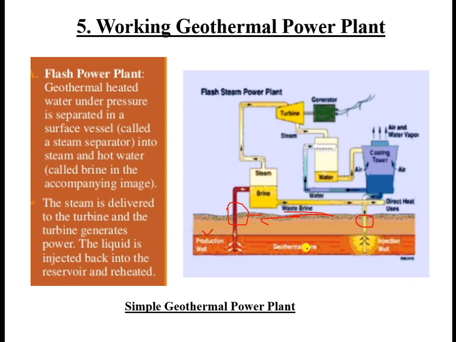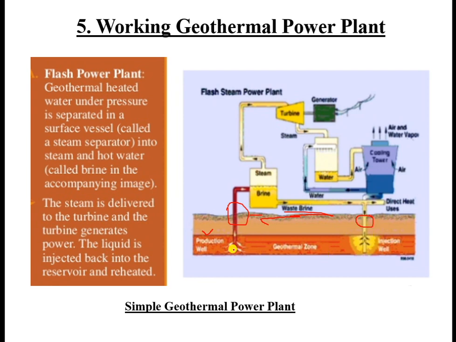This is the geothermal zone, wherever such temperatures are available, maybe ranging from 500 degrees Celsius to 3000 degrees Celsius. But the 3000 degrees Celsius is at a much higher depth, and here you can get 200, 300, 400 degrees Celsius, or maybe more than that,